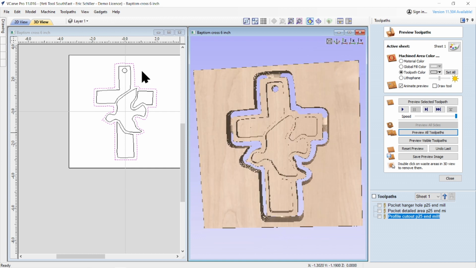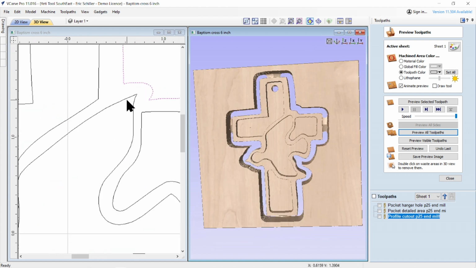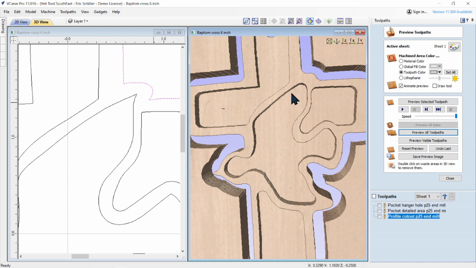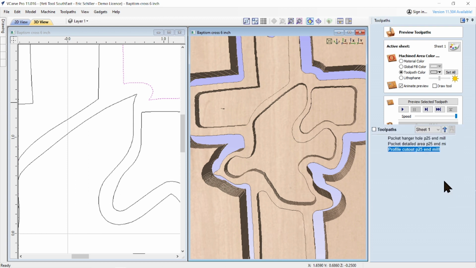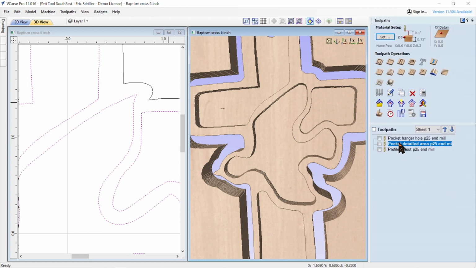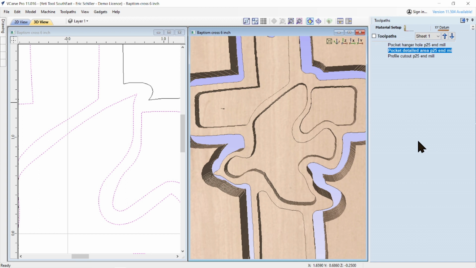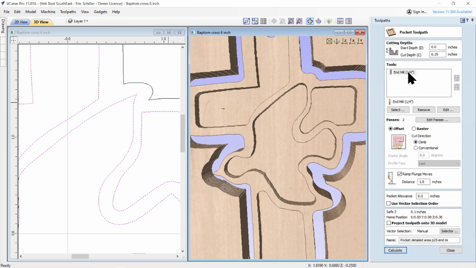Now, if I wanted to get in closer and use a smaller bit with the newer software, so we don't have the ends of these wings rounded off, I can do it this way. I'll close this down, and I'm going to come into the pocket detailed area. Open that up. With the newer versions, we can have multiple tools here. So I'm going to select a smaller tool,